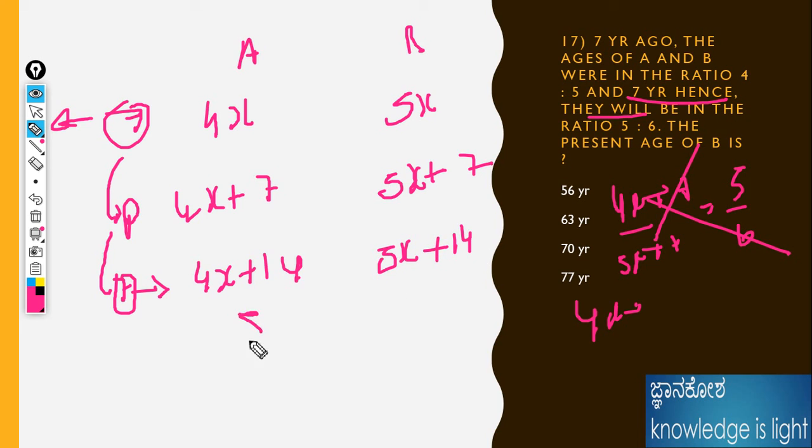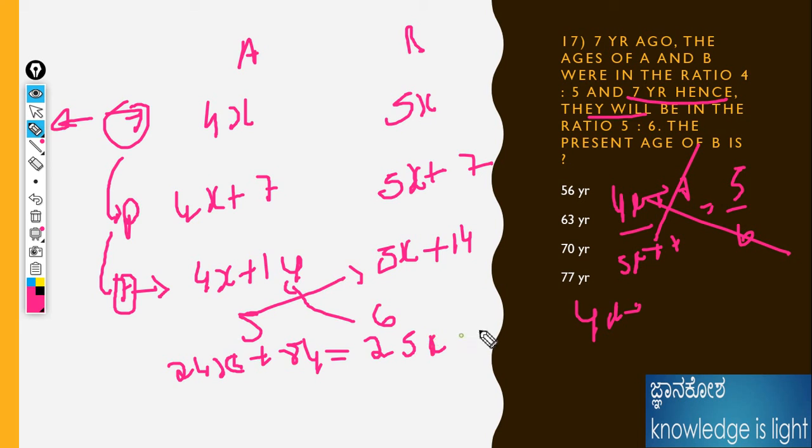The ratio becomes 5 to 6. Already I told you the way of thinking. 14 is coming. Therefore 6 fours are 24x, 14 sixes are 84. Don't confuse the x, because my handwriting is bad as I am operating from the mouse, not a tab. 5 fives are 25x, plus 70. Therefore 25x minus 24x is the x only. Therefore x is equal to 14.